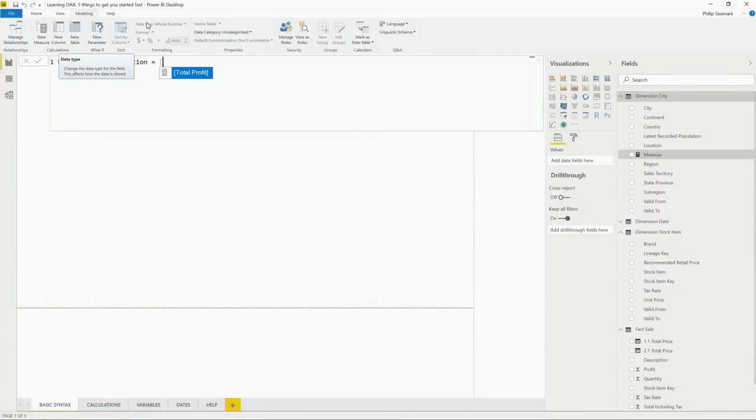It's just probably good to understand that when you use the square bracket syntax, it could have one of two meanings. If I click on the tick box here, this will actually load the calculation into the model, which I'm not going to do. I'm just going to show you the other syntax: if I was to create a calculation that referenced another calculation, because you can nest these, I just start with the square bracket, and the IntelliSense will probably offer a list of as many other measures or calculations as it can find. So that's the introduction to basic syntax.